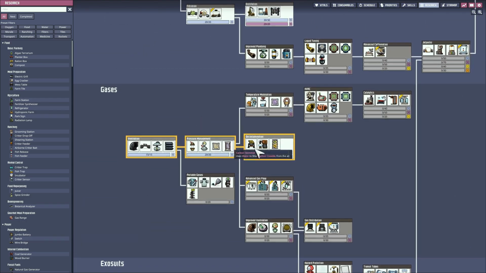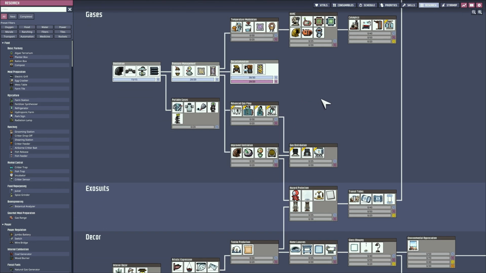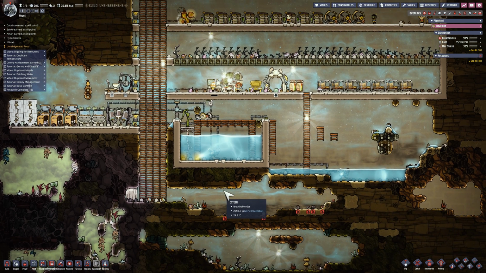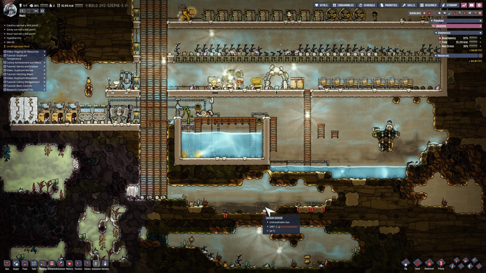Yes, I actually did get them to research a deodorizer, a carbon skimmer, mechanized airlock. That's all fine and dandy, but yeah, I guess carbon skimmer is fine. We need to put a carbon skimmer down here. Preferably, I would want to have...